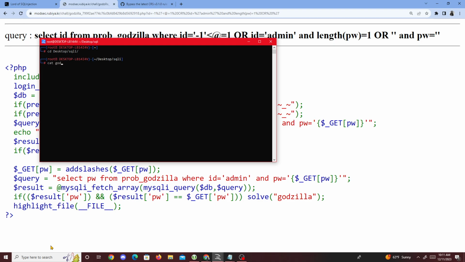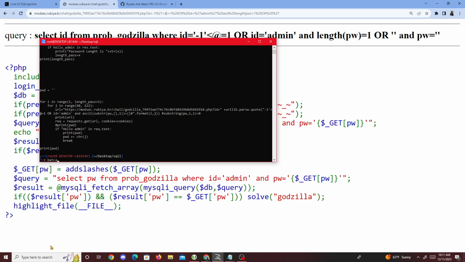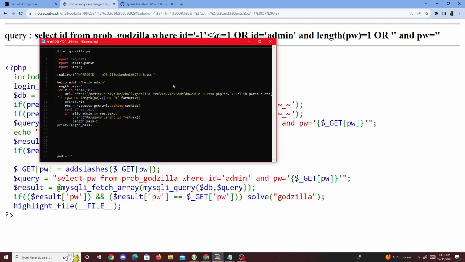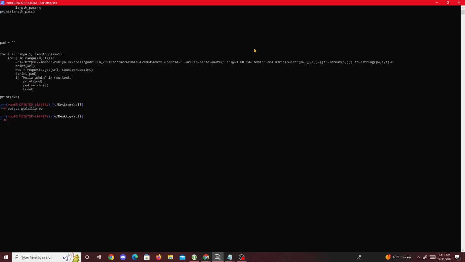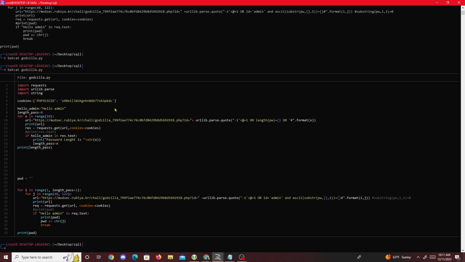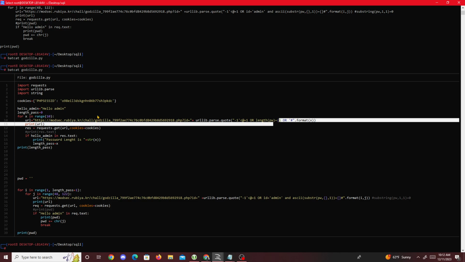Then cat Godzilla. Oh, back cat so you guys can see it good. Godzilla. So Q. Let's put this more up right here. Back cat Godzilla. So for the most part, what I'm gonna be doing is I get the URL, and then after that right here, we pass in whatever the web application firewall is. Then we get or length of PW. I probably could have made this more specific. I could have put like ID and to get ID, because if I do length of PW, we're gonna brute force up to 10, because I'm guessing it'll be pretty crazy if it's more than 10, but